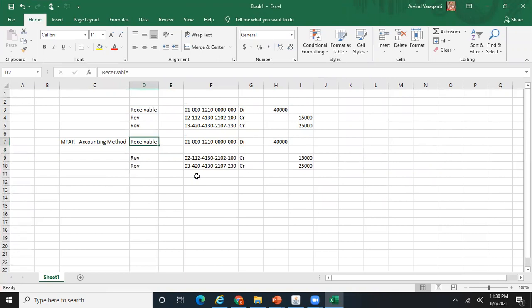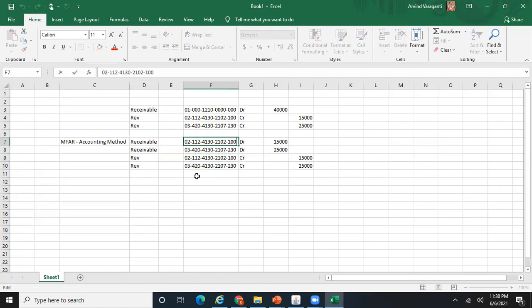There are two receivable accounts. All the segments are copied from your revenue account except the national account, which will be retained from the original transaction.